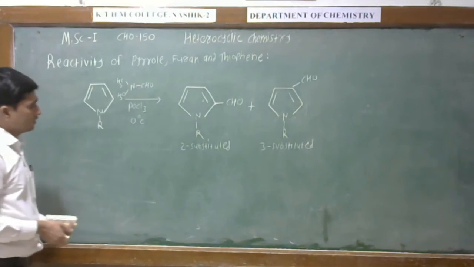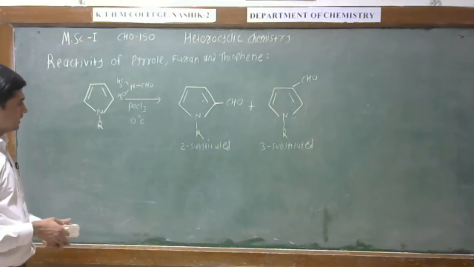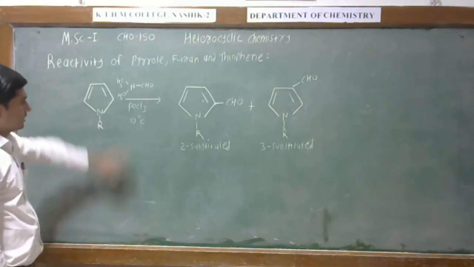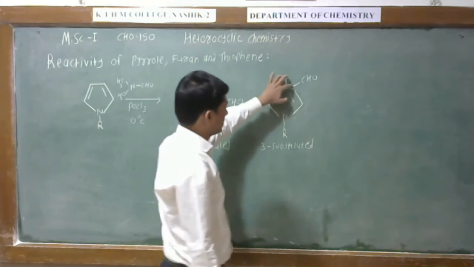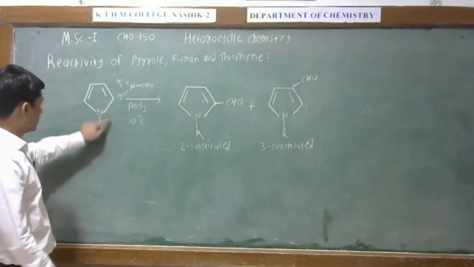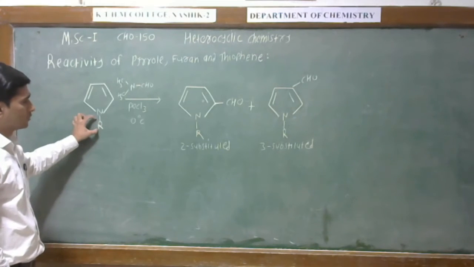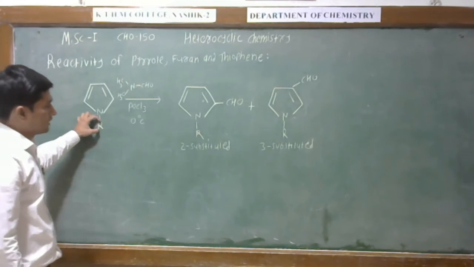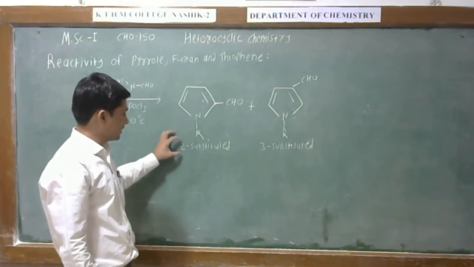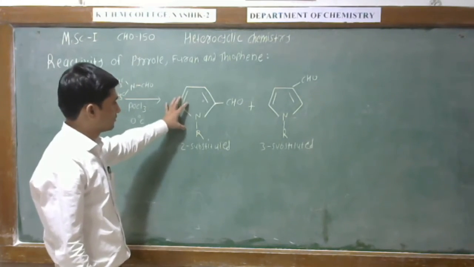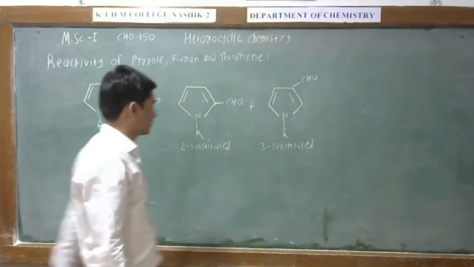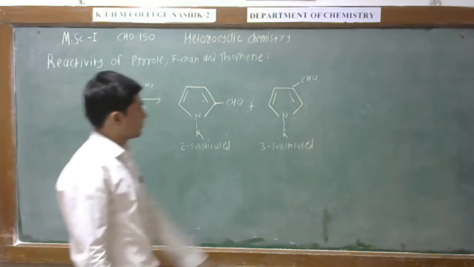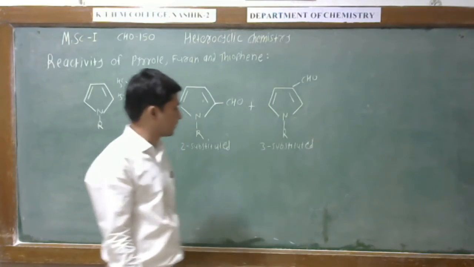Friend, you can see here the substitution at the second position and the third position depends on the bulkiness of this R group. If this R group is less bulky, then the formation of 2-substituted product is more than the 3-substituted product, and if the R is a more bulky group, then the formation of 3-substituted is preferable,